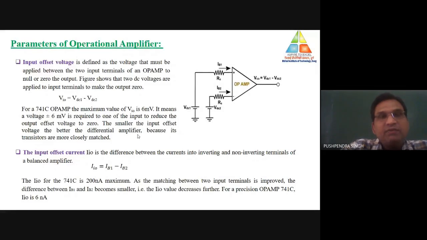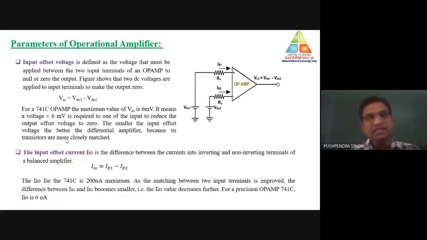Suppose with the help of any circuit, we are not sourcing any signal and at the output terminal we are getting a voltage of plus 2 volt. If plus 2 volt is generated at the output, then for minimizing that voltage to 0 volt, what do we need to do? We need to apply minus 2 volt. If we apply minus 2 volt at the input side, on that condition the output will be 0. And only on that condition can we perform any experiment with the help of that circuit.